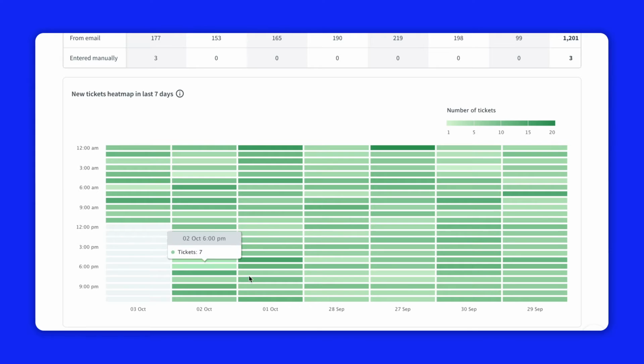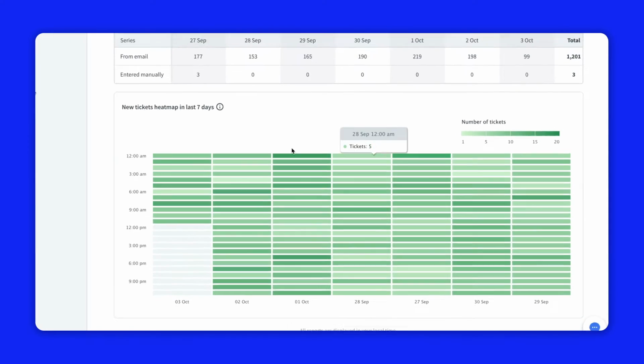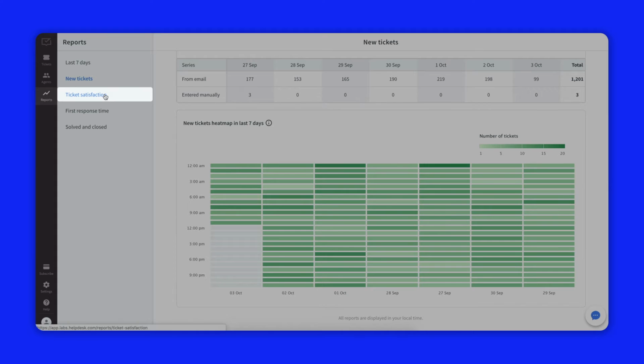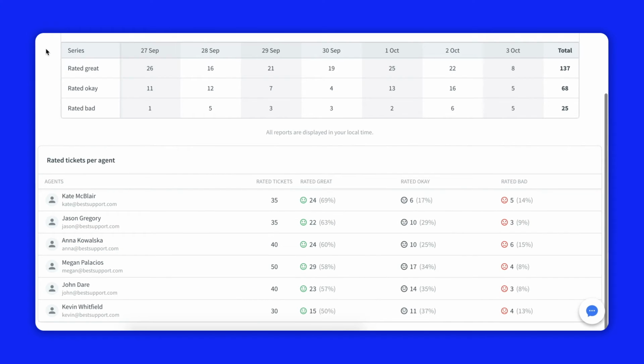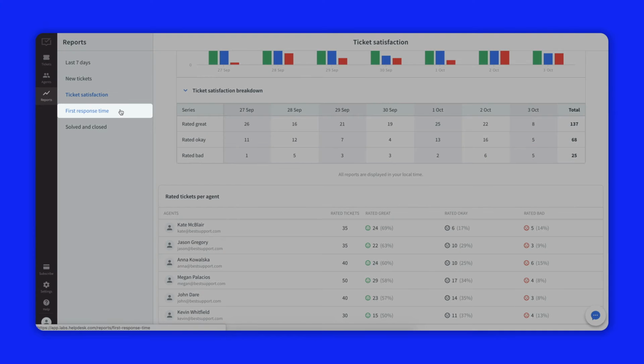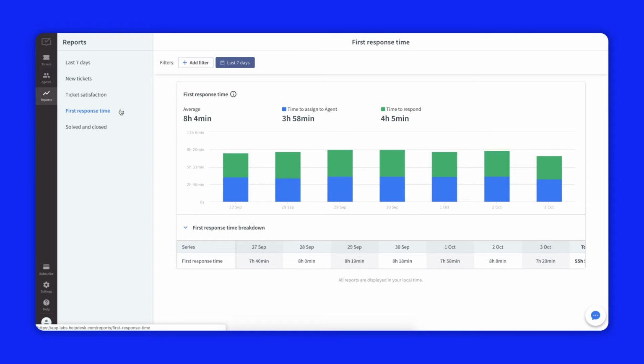Take a look at the new ticket heat map to see at what time of the day you receive more tickets than usual. The Ticket Satisfaction Report shows you the summary of feedback you received and also compares your agent's performance. Take a look at the First Response Time Report to discover how long it takes for agents to respond